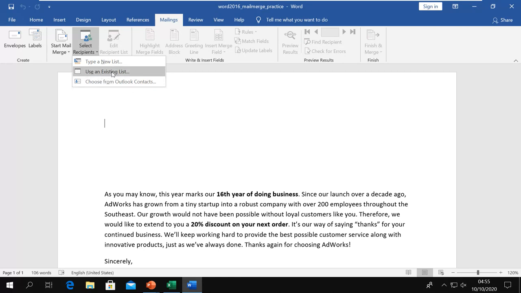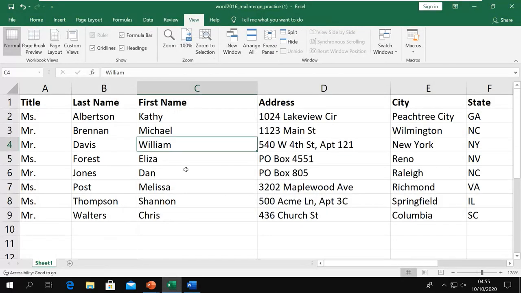Use an existing list means if you have some list saved in Excel form, like I have some addresses and names saved here in my Excel sheet. The first row is the header of the data. Title means these titles, last name is these last names, first name is this, address is this, city is this, state is this.